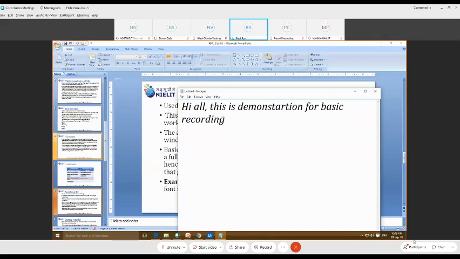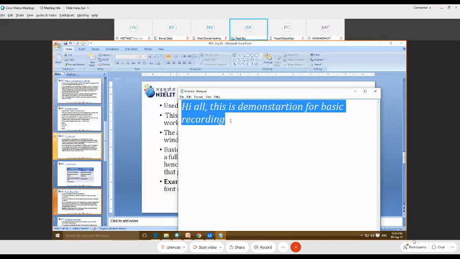Now I'm just going to change the font. I will do all the things manually, and then the same thing I will do using the basic recording. All those manual actions, or you can say the user actions, will be captured using this basic recording and automatically converted into a sequence workflow file. When we debug that file, we can see that it will write the text automatically, and then change the font and font size. Whatever we do manually, everything will be done automatically using this basic recording option. So I'm doing it manually first, then we'll do the same thing using basic recording.